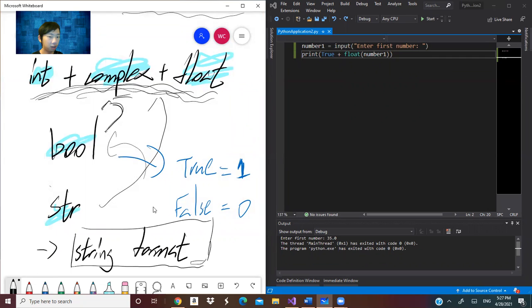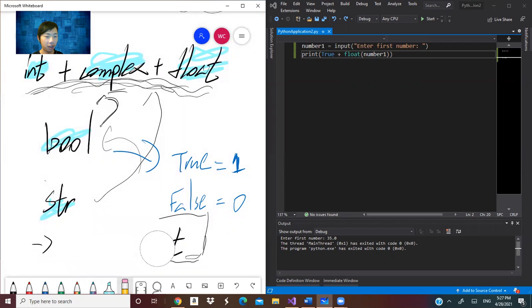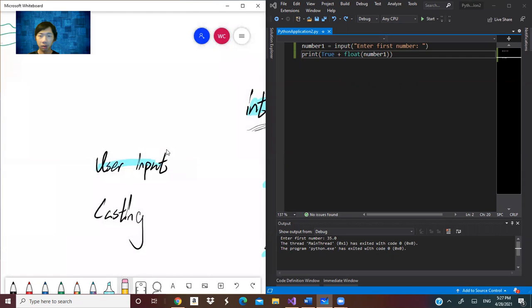But now you may not understand what the string format concept means, so I'm not going to cover it today. It's the user input, how it works, the whole concept of the user input and the casting.